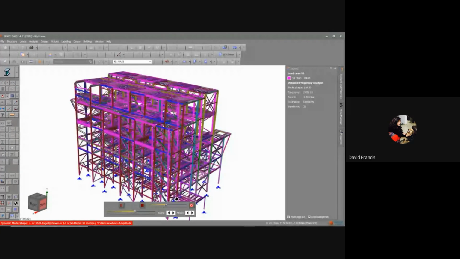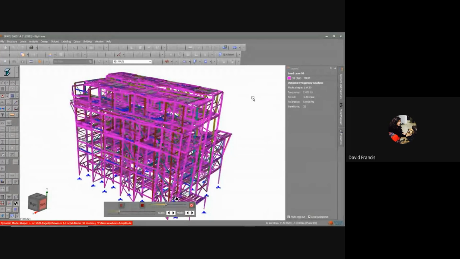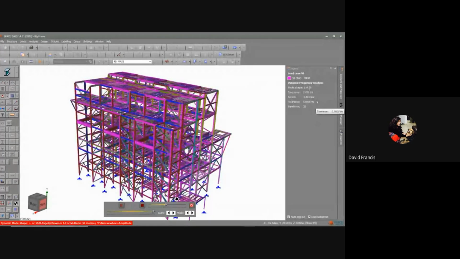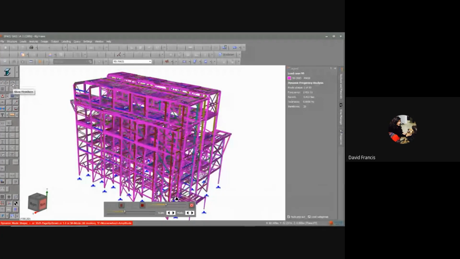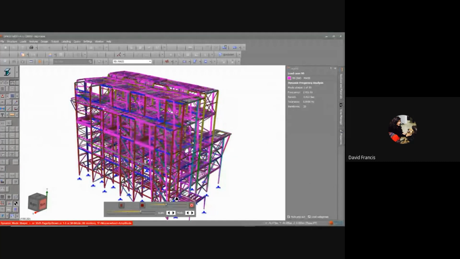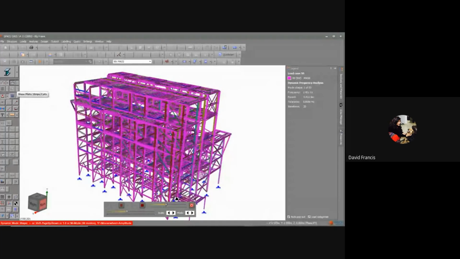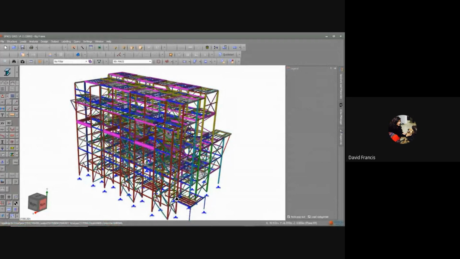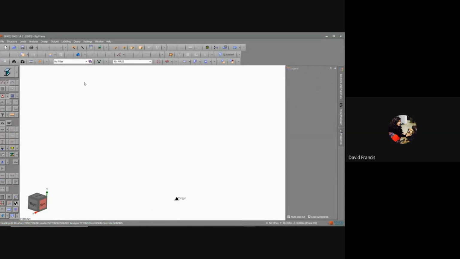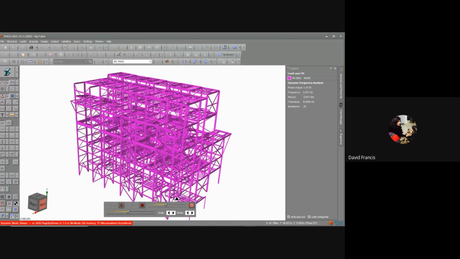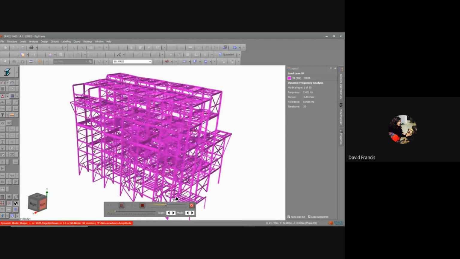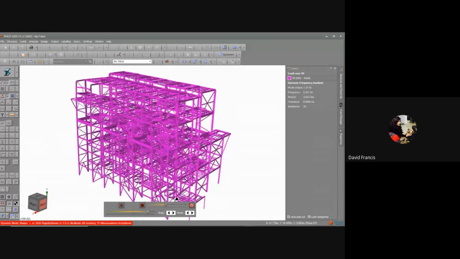So I'm now showing the mode shape, the natural frequency. And of course, here are the summary details. So the period for this is 0.4 of a second. And I can also turn off the undeformed shape now at this point as well. So I'll come back up to the left button here and turn off the, should be able to do that. If I hit the escape button, I'll stop what it's doing here, and I'll turn off here, and then click on the mode shapes. And now I'm looking at just the natural frequency without the original structure